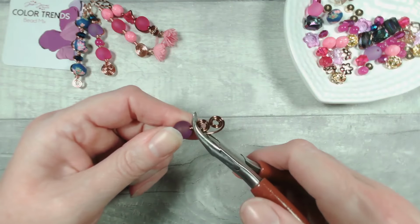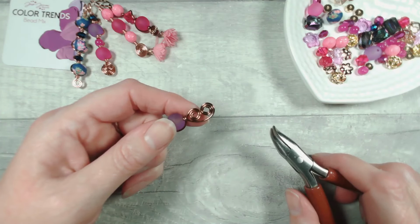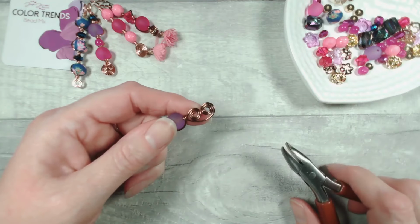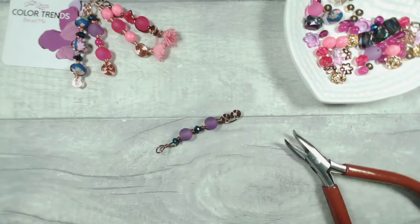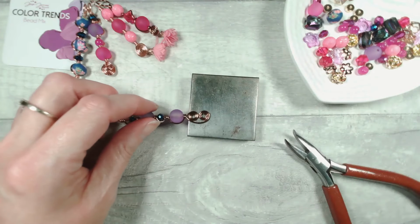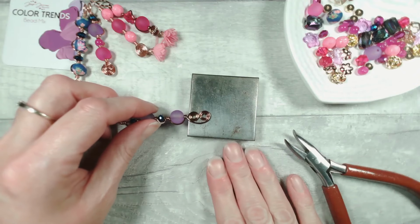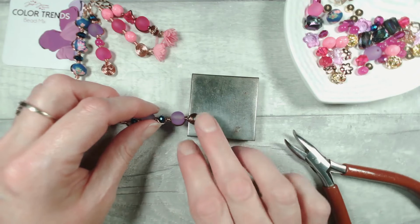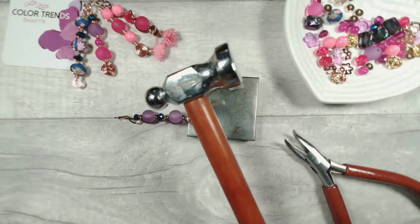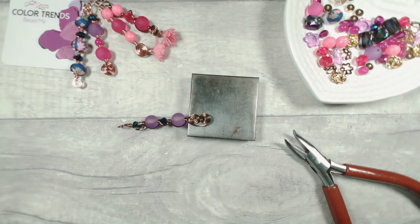Now, ideally, if you have a block, and if you joined us at Summer Camp 23, where we had a hammer and block, it might have been 2022, I can't remember. But you can get, let me just grab one to show you, really teeny tiny blocks for your desk, and you can use this on a standard desk. You don't need a professional jeweller's workbench. So I'm not going to hammer it right now, but I will show you the hammer that I would use, which is my little chasing hammer. Very, very useful. So you could just give that a quick tippy tap,